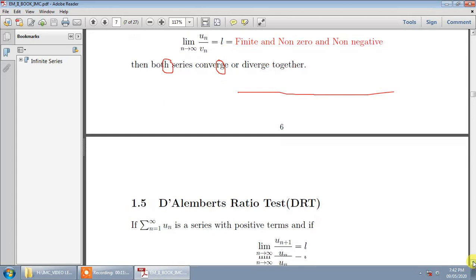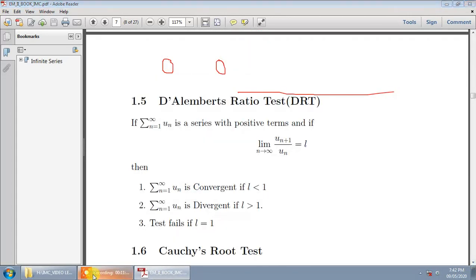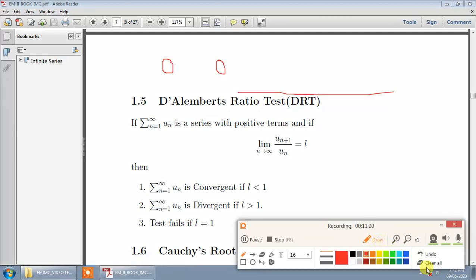Now the next test is called D'Alembert's ratio test. What is D'Alembert's ratio test? D'Alembert's ratio test is regarding only a single series, summation un, n from 1 to infinity. Suppose it is a series of positive terms, all terms are positive. Note that the nth term of this series is un, and the next term is un plus 1. So we take un plus 1 divided by un, the ratio of these two,